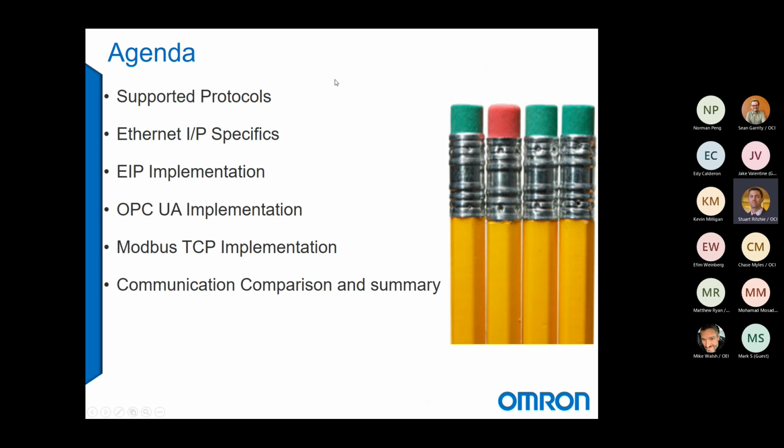On the agenda today is a quick discussion on the protocols that we can do. And then we're going to be focusing primarily on 3 different protocols here. So we'll talk a little bit about Ethernet IP, and then we'll walk through both explicit and implicit implementation. And then we'll do a quick OPC UA demo with this piece of SCADA software. And then we'll do some Modbus TCP, both client and server, and then a quick wrap up at the end